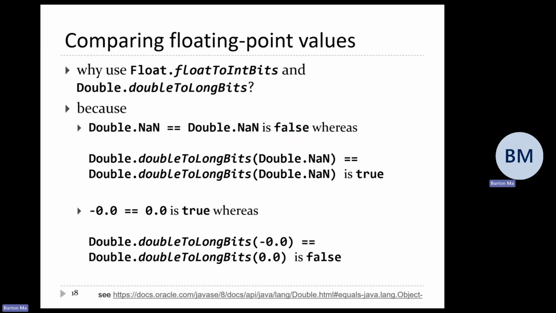The problem is if you write this and you've got 2 points that are not a number, this returns false, which you probably don't want. So that's no good. Similarly,